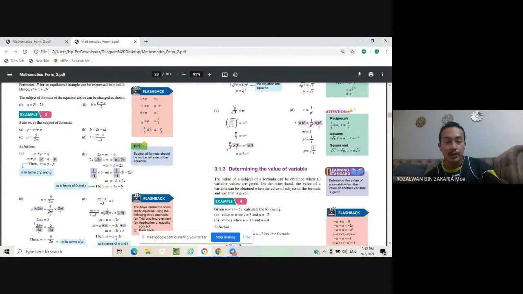Okay, so when the minus you multiply, it will become M. So M equal to this one, minus 1 divided by minus 1 will become minus 1. Then minus 1 multiply with the B equal to minus B. Then minus 1 multiply with the minus 2S will become plus 2S. Alright, so the answer is equal to M.